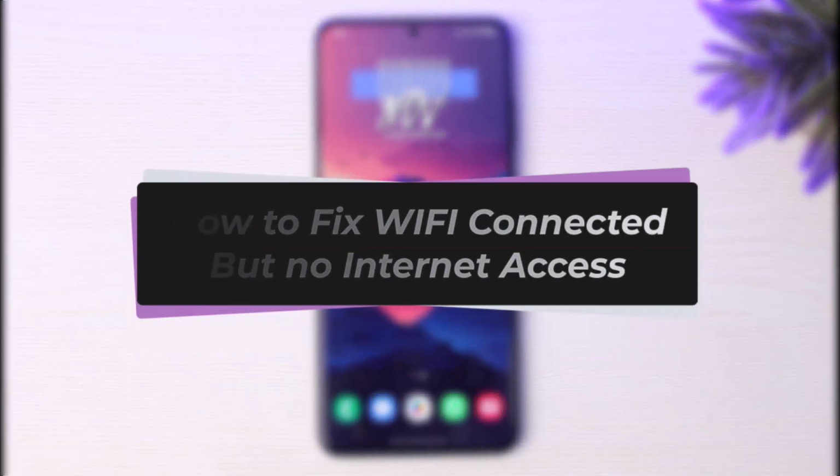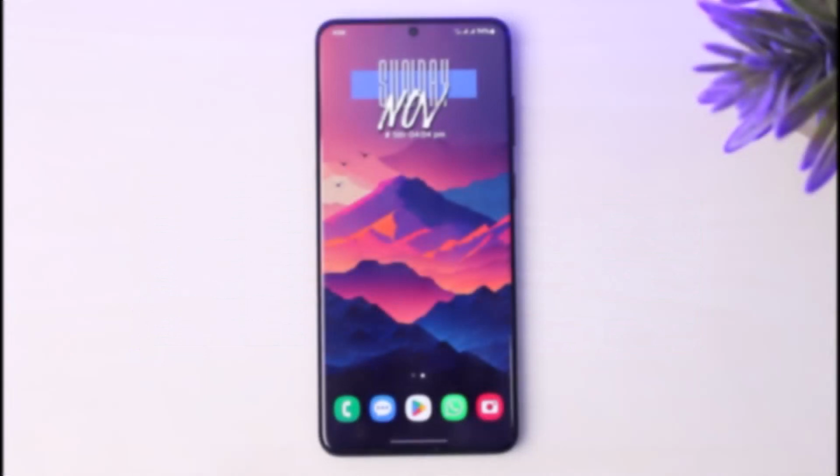In this video I'll show you how you can solve your Wi-Fi connected but no internet access problem on your